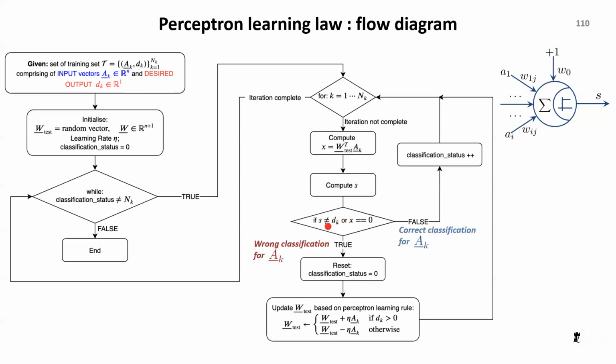If it is a correct classification, you don't need to do anything. You just go to the next one. But if it is not, you need to do corrections. After correction, you go back to the other points, and this just keeps going until it's true for all points, everything will go here, and then the iteration will complete. That's the summary so far.